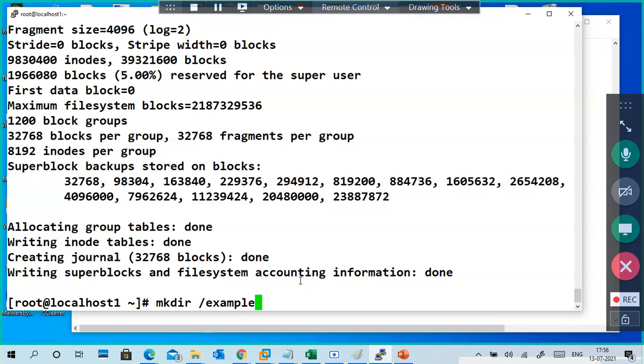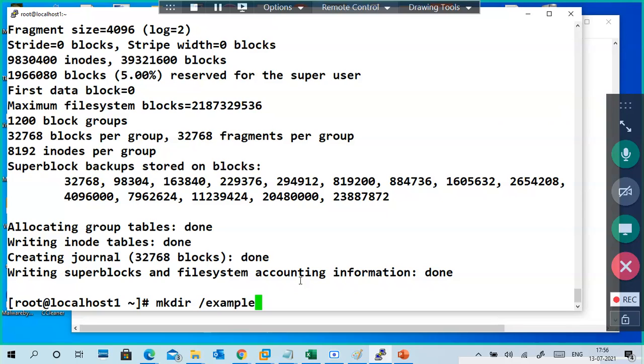Can the folder name and the file name be the same, sir? Not required. Different names you can put. For remembering purposes only, I'm putting data1, disk1. Otherwise we forget.